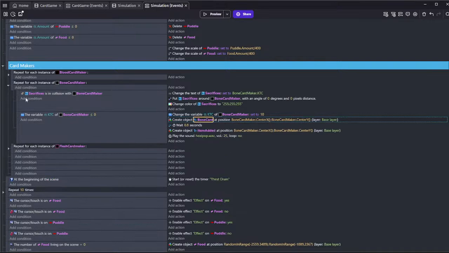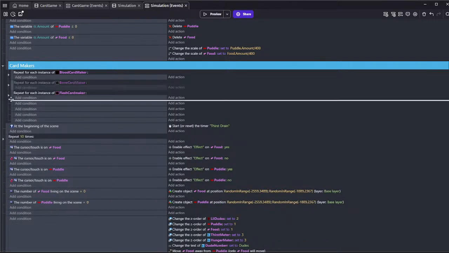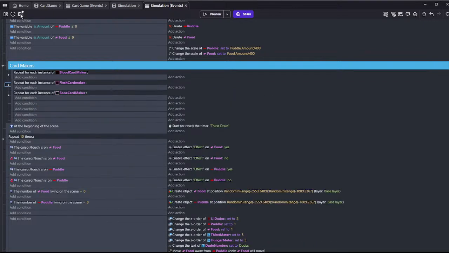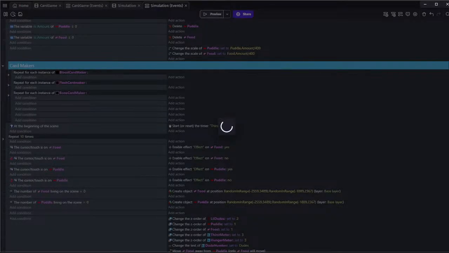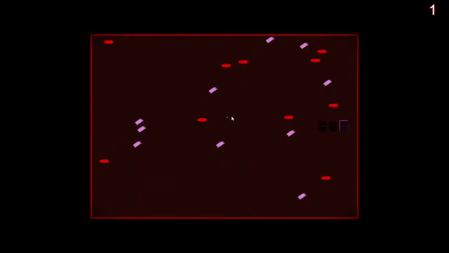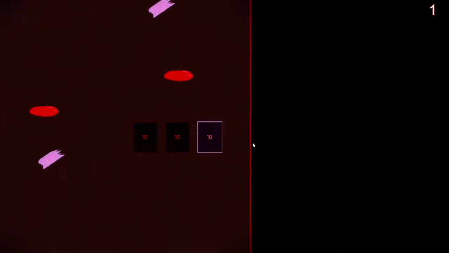Alright. Also gonna just swap the positioning of that just for convenience. Alright, sweet. I think we're good. Alright, so now if we preview this. So yeah, so now over here we have our...